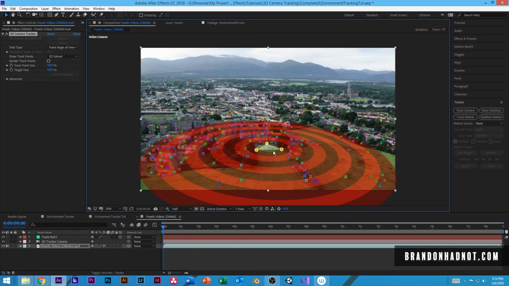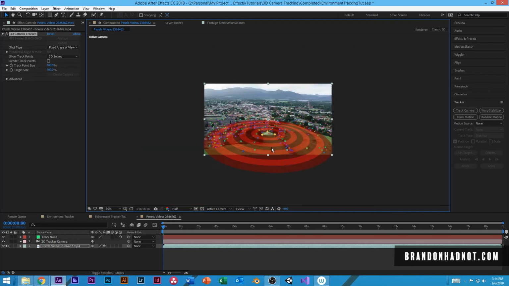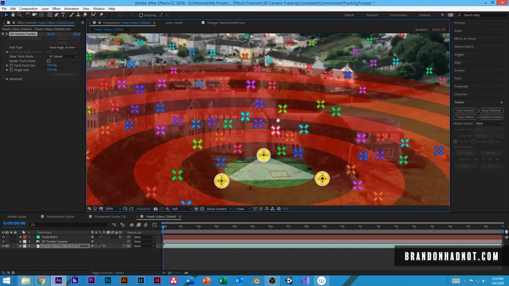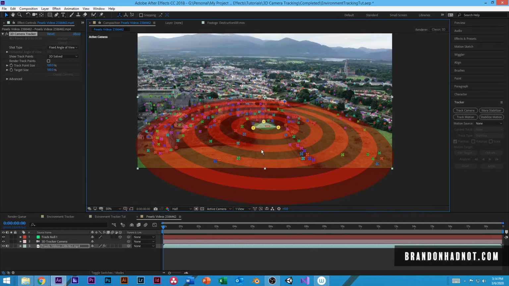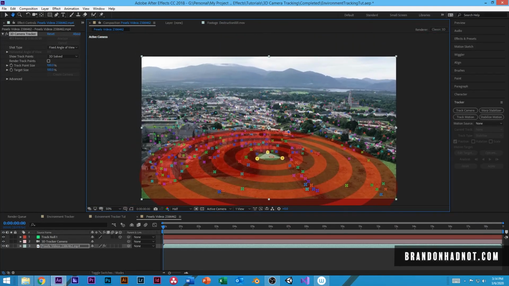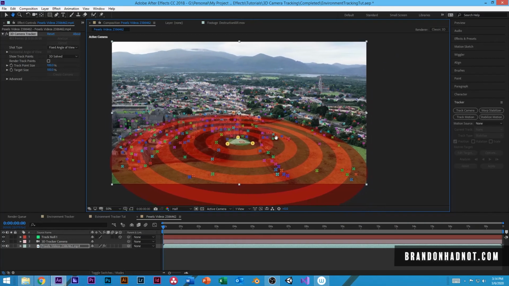Now, not much has changed from the screen, except it has placed our null object right here, and it's facing flat directly on that 3D environment. While we're doing this on a video, which is pretty much 2D, it created a 3D map environment based on everything that's in the scene so that we can match the movement of any other object that we may drag